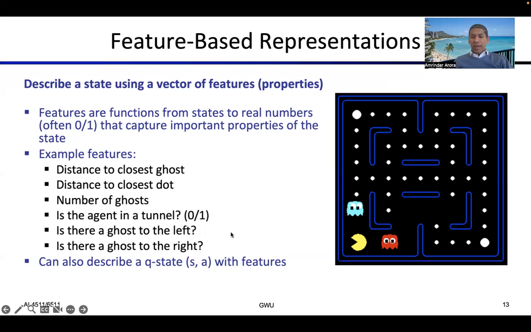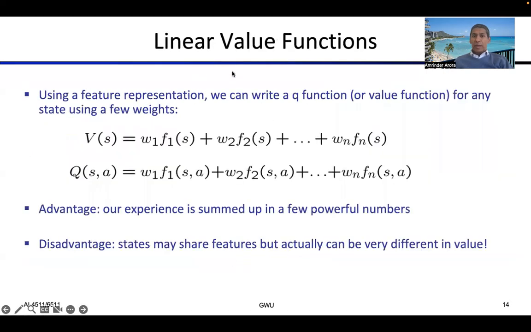And once we have that, then we can describe the Q state with these features, and we would say this feature is 1. So this state is 1, 1, 0, 0, 1, 1, 0, 0, 1. And now our state can be represented with those features. And then what we do is we take a Q function